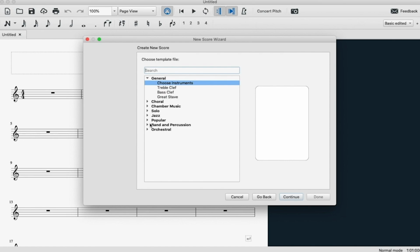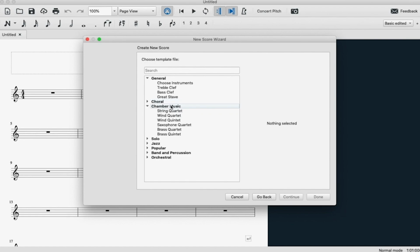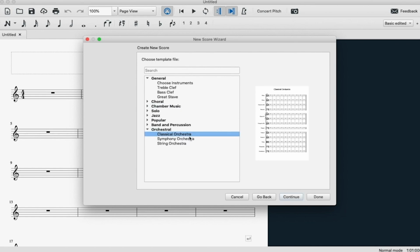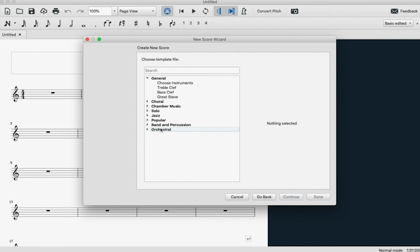Now you'll notice there's various different bold headings here or menus. By default, choose instruments is selected and that's just a blank template that we'll come to in a second, but you do have options to select from pre-made templates here such as soprano, alto, tenor, bass, or chamber music like string quartets, brass quintets, etc, etc, and the list goes on. It's really quite extensive. Classical orchestra, symphonic orchestra, you can see the difference in size from the different instrumental forces there. So you can jump into a preset template and get writing straight away,